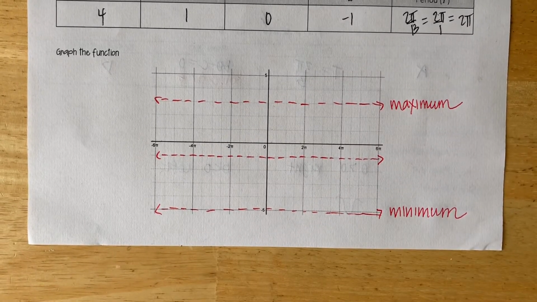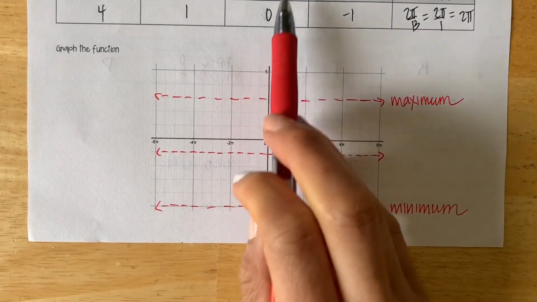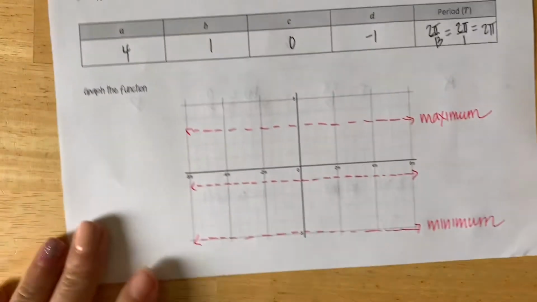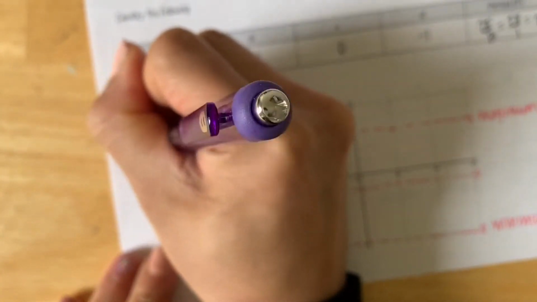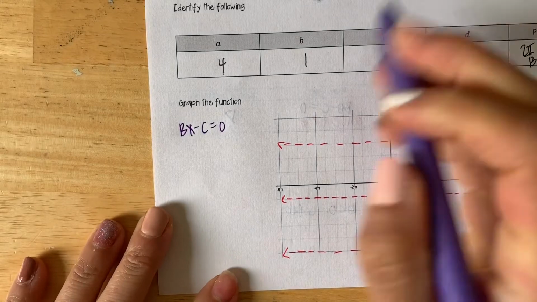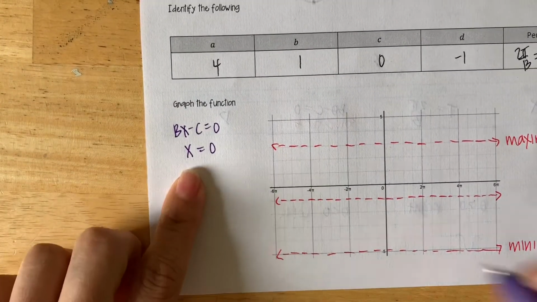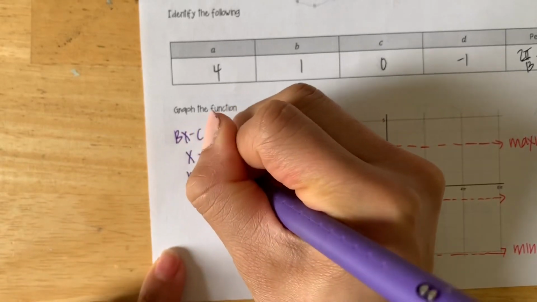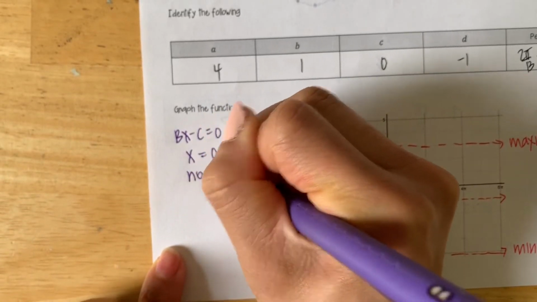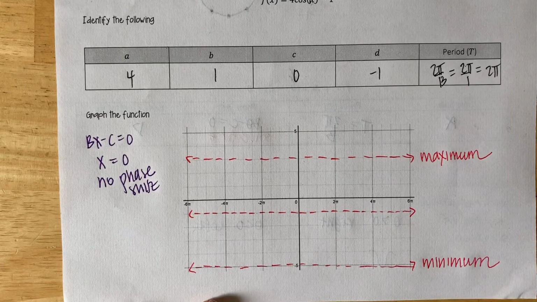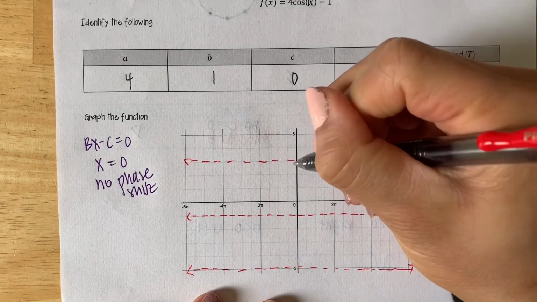Okay. There is no phase shift because bx minus c, we set that equal to 0, and right now our parentheses is just x, so that means there's no phase shift. So that means our function is going to just start at 0, 3,